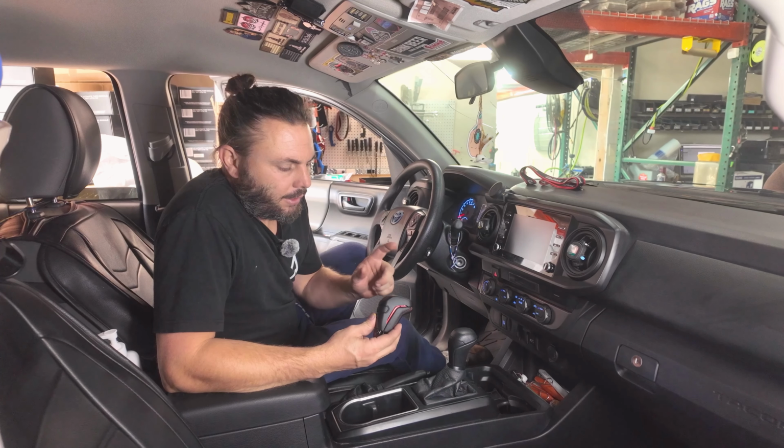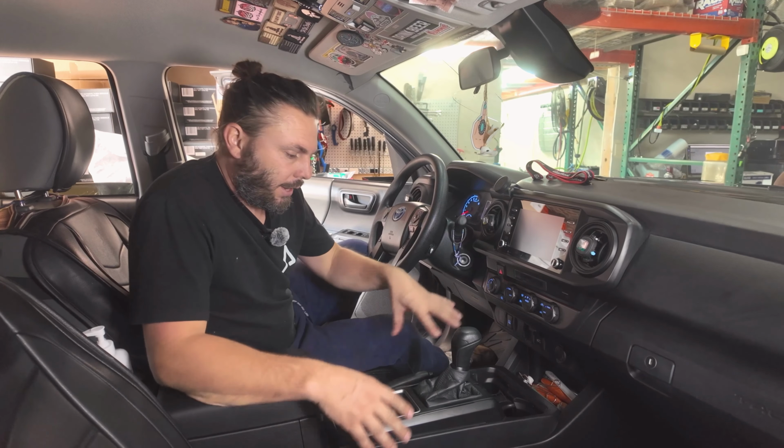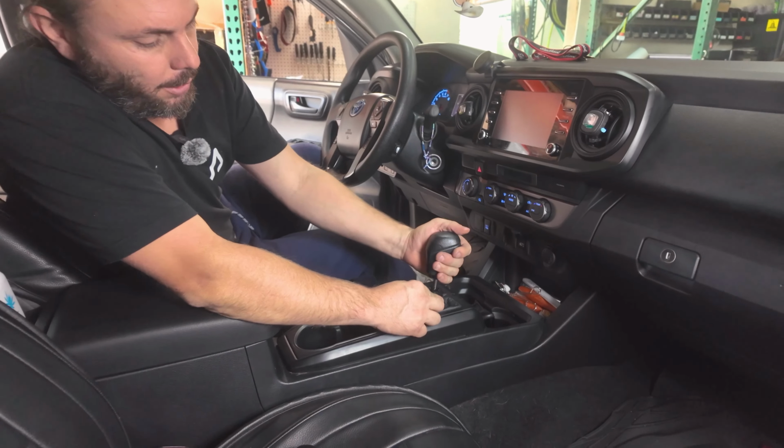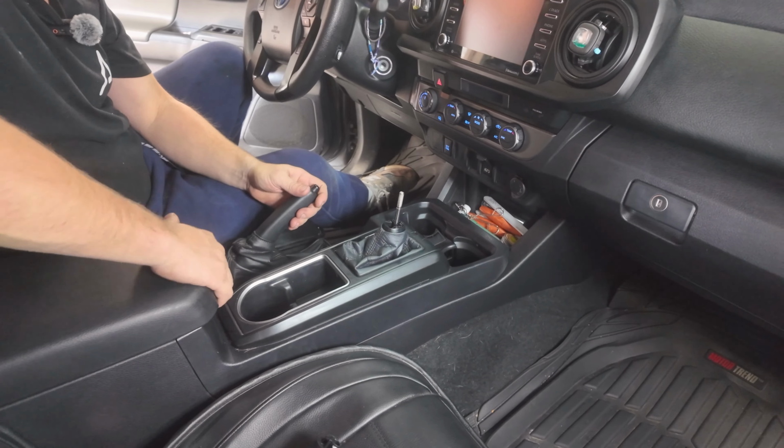This is the installation of the MESO Customs Stealth Shift Knob version 2.0. We're going to show you how to do the full installation of the wiring. Starting with the center console, pull the shift knob boot down, unscrew and remove, pull the e-brake up, lift the